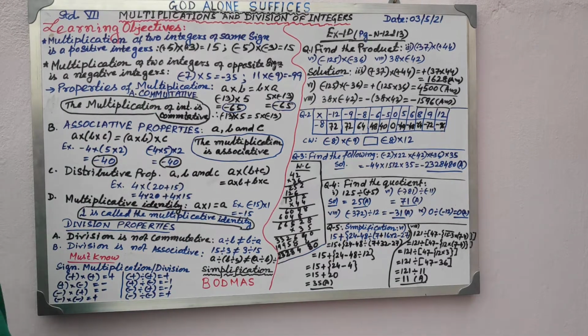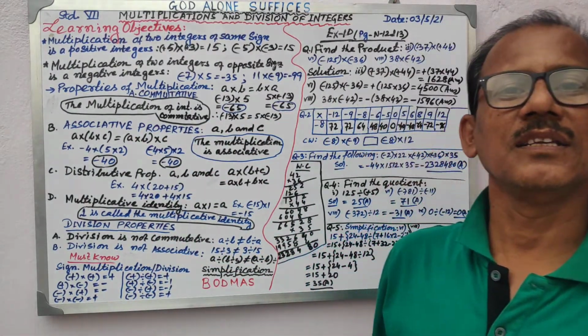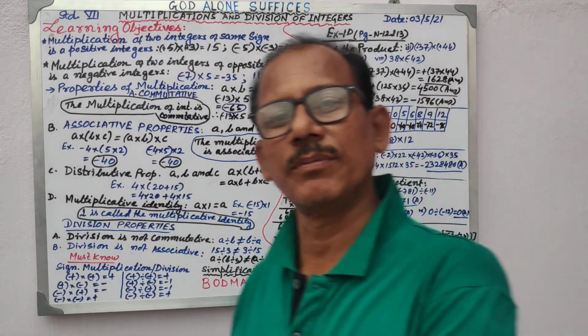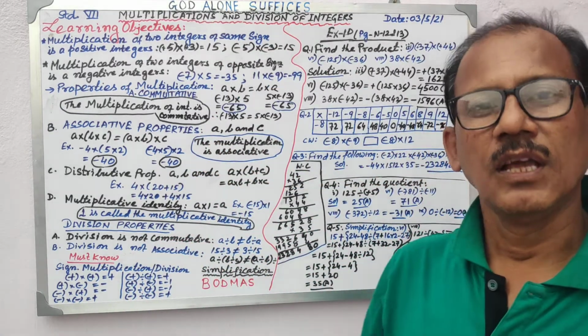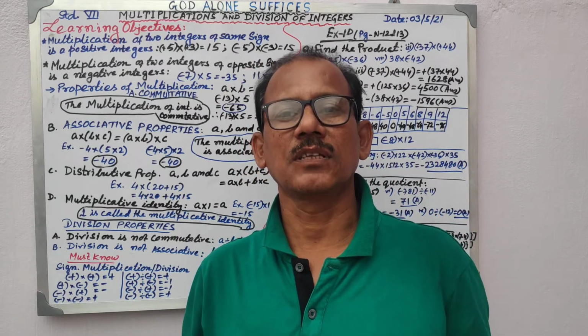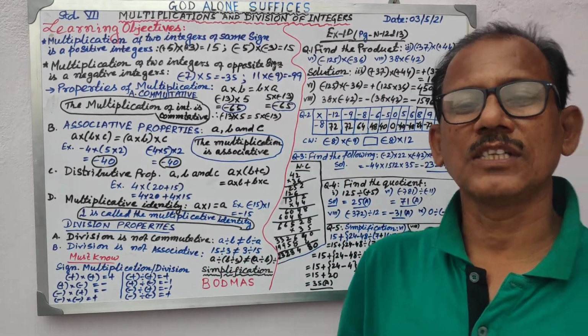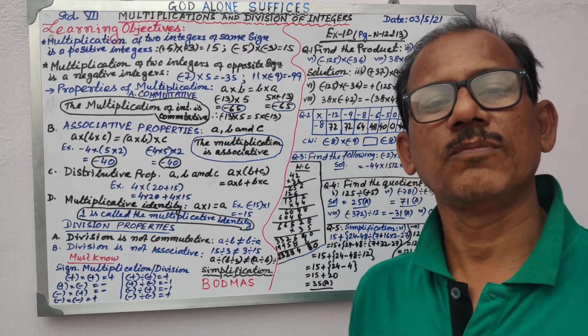Now let us do first, before you do the multiplication of integers, you are supposed to know that the multiplication of two integers with the same sign will always be positive. Whether the multiplicand is a positive integer and the multiplier is a positive integer, the product will carry a plus sign, that is positive. If both the integers are negative integers, meaning carrying a minus sign, then the product also will be positive. What I mean to say, multiplication in respect to plus or minus sign, same sign will be positive only.